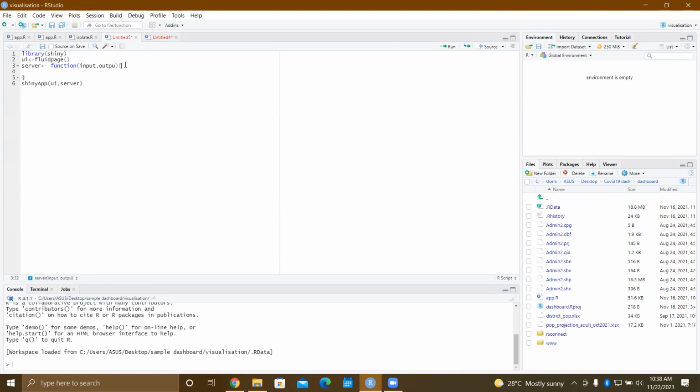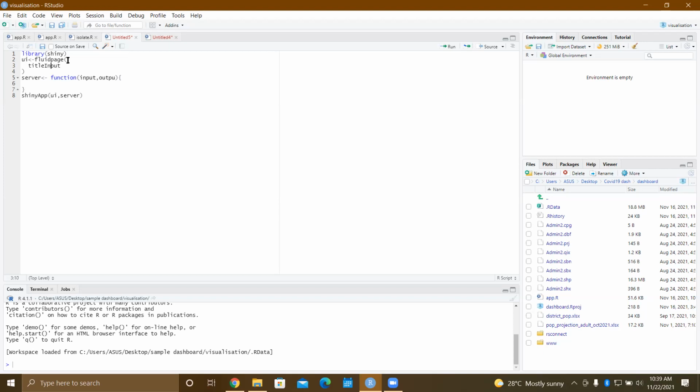So this is the basic structure of our Shiny app. Let's say we want to plot a histogram of 100 random normal variables. So let's do that. Let us give a title input.